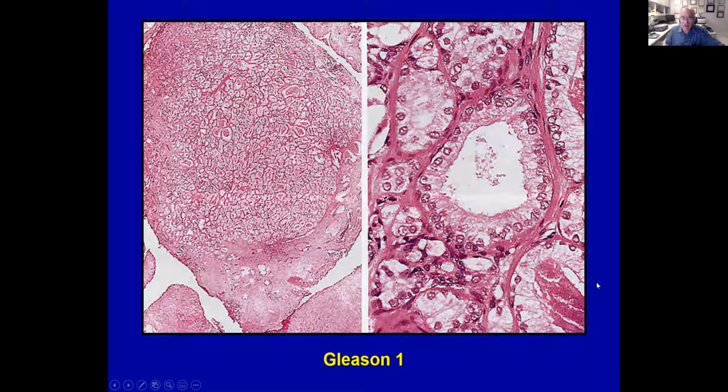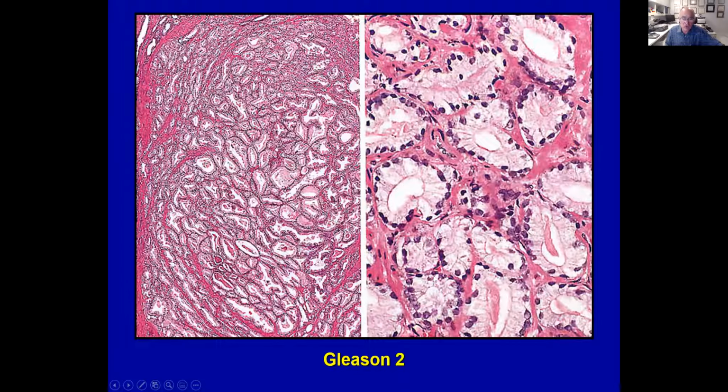This is just for historical reference, from their publications in which they were trying to represent what was called in the past Gleason 1 and Gleason 2 in this particular case, and nowadays we call them